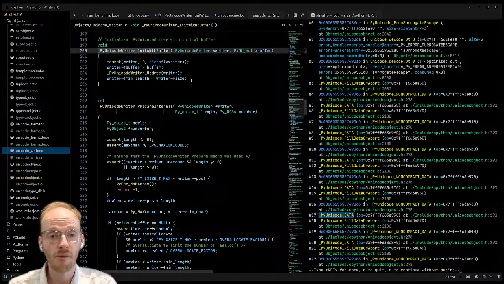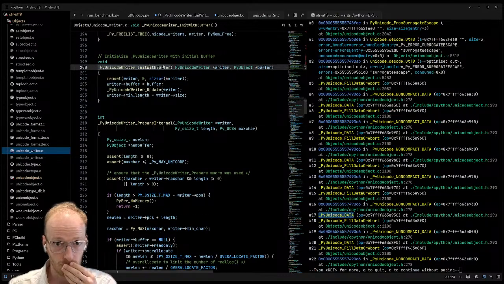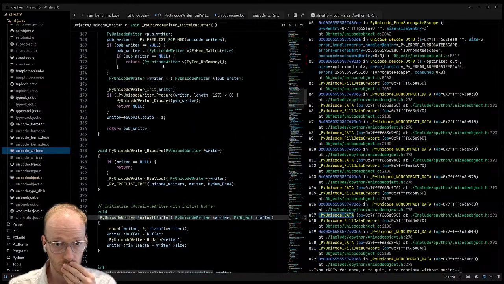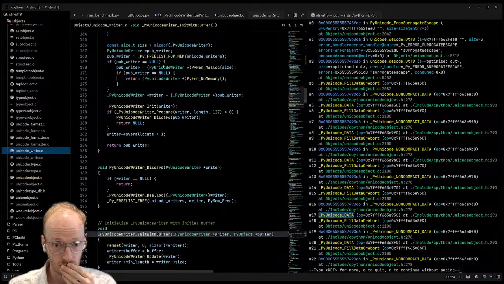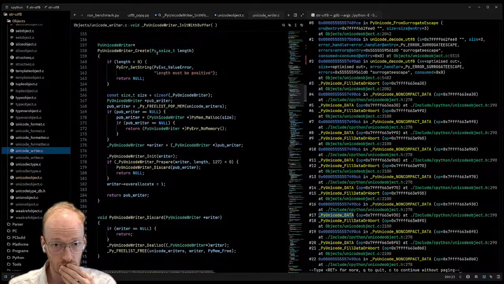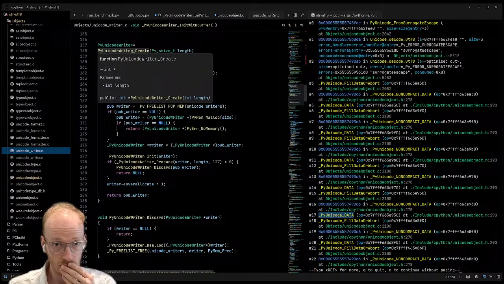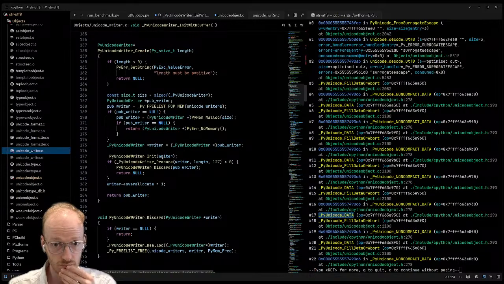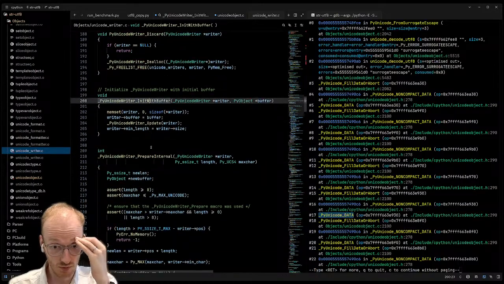Okay, so what the Unicode writer does is it holds the buffer and will reallocate it when necessary. And the decode routine is wired to the Unicode writer. Yeah.